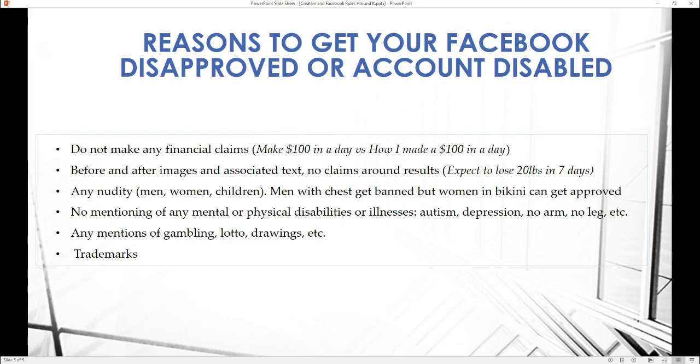So the first one is that you cannot make any claims, and this definitely applies to financial claims. So you cannot say, for example, if you buy our product, our program from us, you're going to make $100 in your first day. You can't do that. However, the workaround is that you can say, with this program I made $100 in a day. So it goes from making a claim to giving them a story, right? You're not telling them they will make $100. You're telling them that you made $100. Okay,